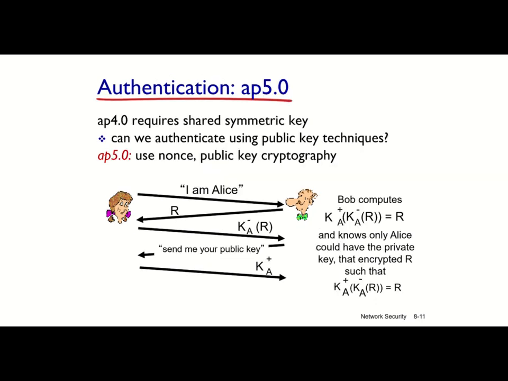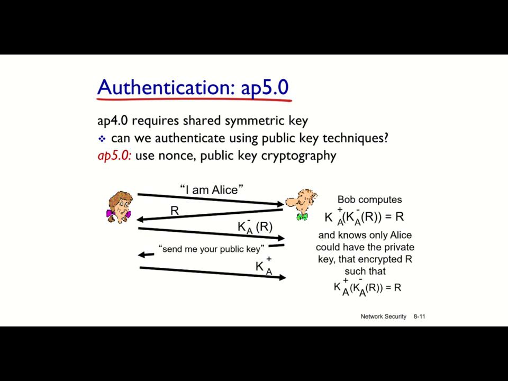The problem with AP 4.0 is that it requires a shared symmetric key. Alice and Bob have to agree on a shared symmetric key, and this requires a pre-key distribution step, and it's not the easiest way to have the authentication protocol. The best way for an authentication protocol is AP 5.0, in which